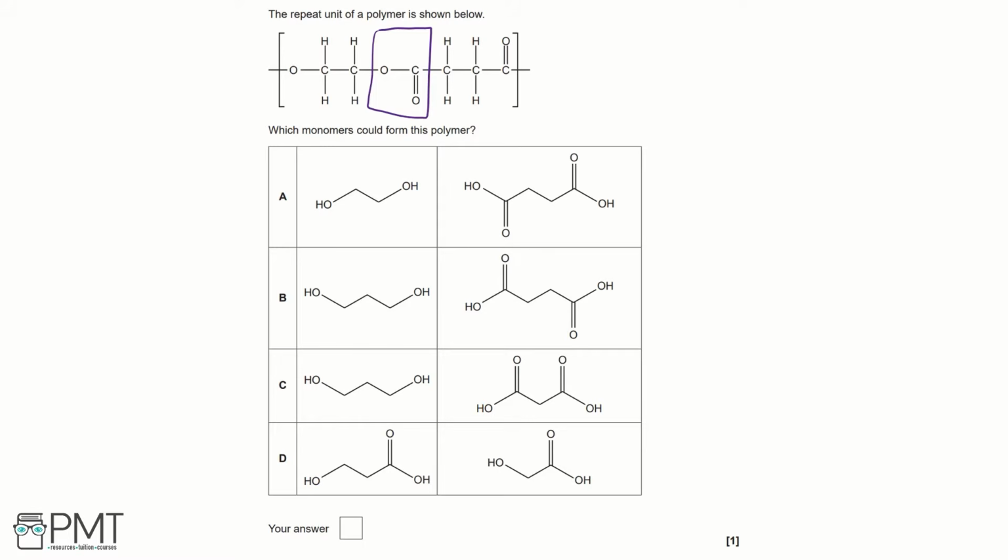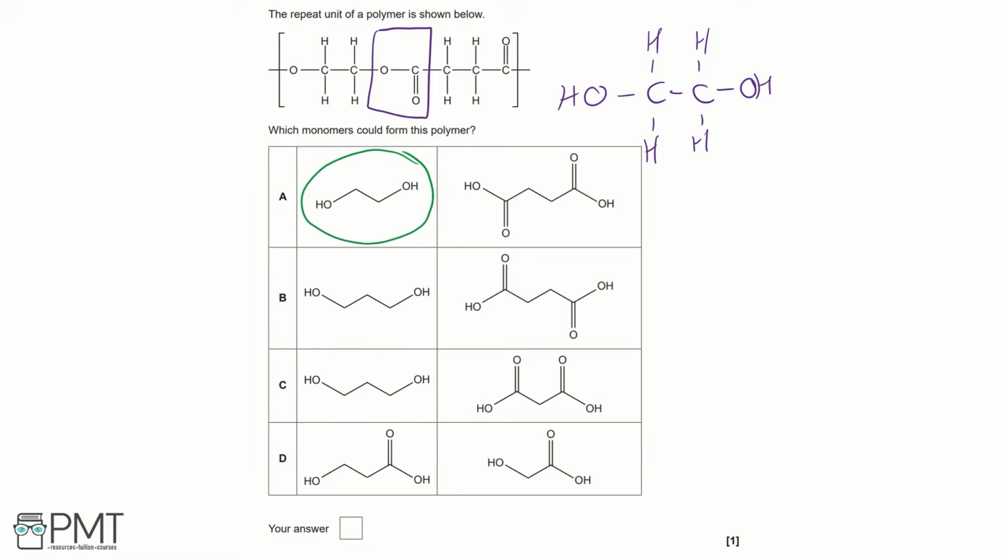The alcohol we're looking for would be a 2-carbon chain with 4 hydrogens and then 2 alcohol groups either side. Looking at our options A to D, this structure of our dialcohol matches the option A alcohol. Then continuing, just to check that we have option A and that is correct, we need to look at our